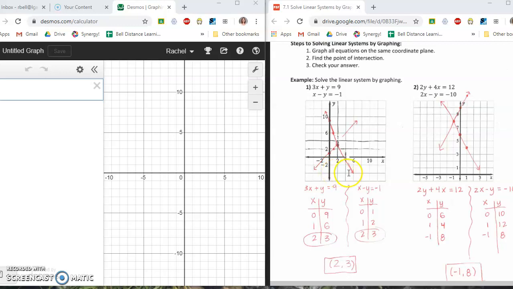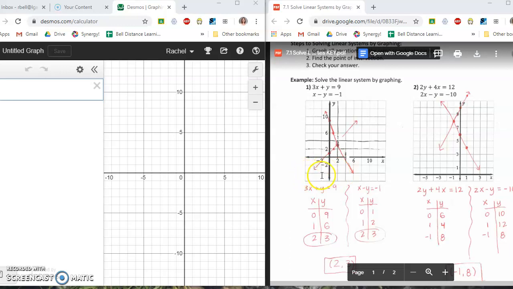Now, I know we've graphed lines in the past couple of chapters, but maybe you're getting stuck. Maybe you're forgetting how to graph them. Normally in class, I would not allow you to use the graphing calculator because I think it's important for you to know how to graph them. However, because we are doing distance learning, I want to show you that